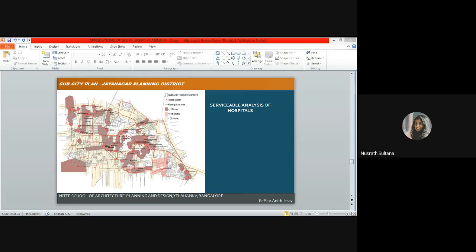Okay. So to start with, when we had our land use surveys done in Jayanagar planning district, we had almost visited all the 10 wards of the district, and we had divided ourselves well. It was complete teamwork. We spent almost 3 days on the field for the survey, and it was planned that we would do the land use survey and simultaneously work on how to go and talk and interact with people,